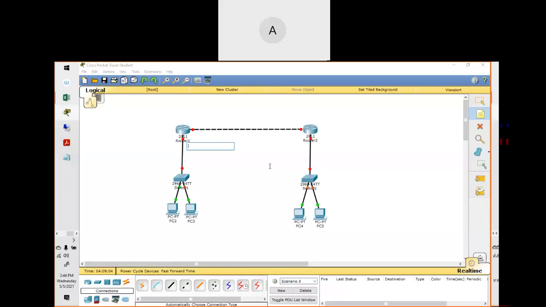So this would be the gateway 20 for PC1 and for PC2.